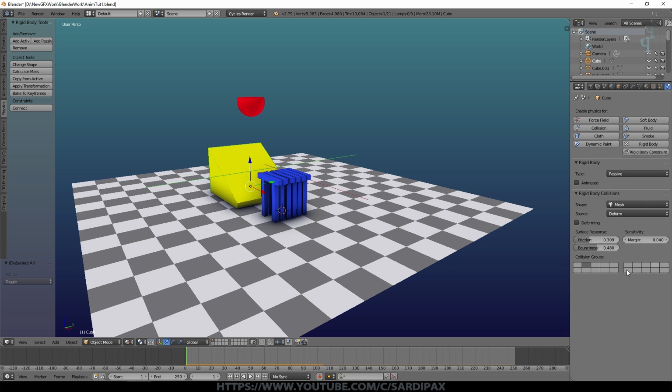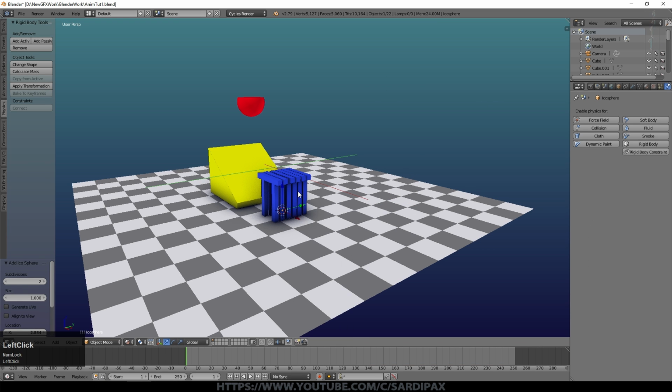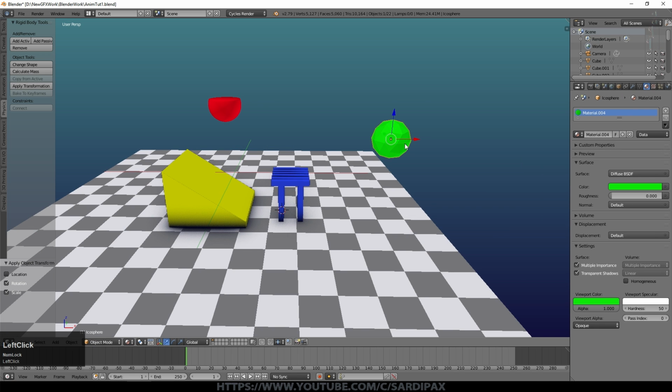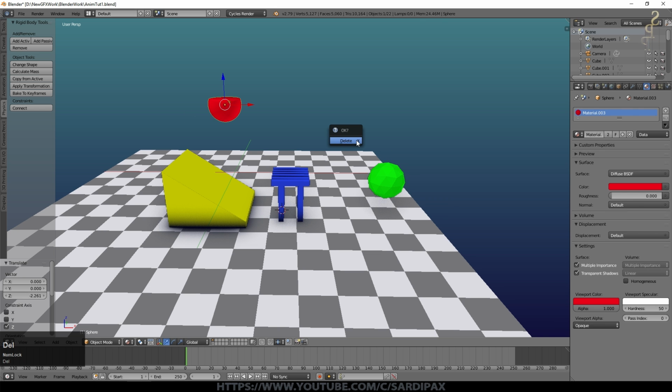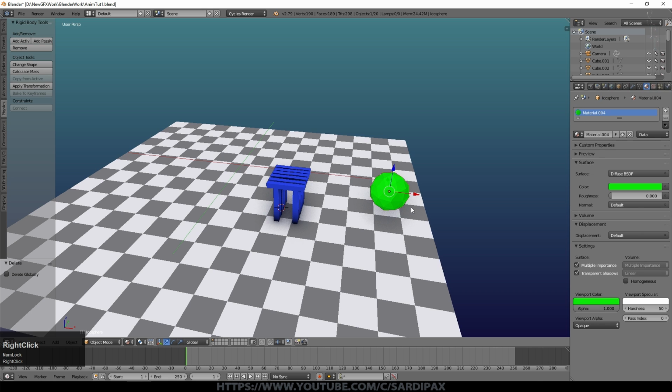And you've got quite a lot of collision groups there to select from, and it works the same way as the layers down here. So then the final thing is about animated objects. So if I add an icosphere, we'll make this a nice green color. I'll apply rotation and scale, and I'll keyframe its current location. I'm going to remove this object from the scene now, I think, and I'll remove this one as well, just because it's simpler that way.